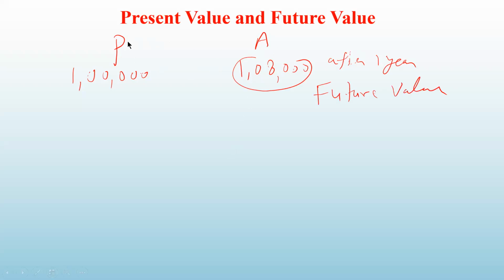See, we are putting the value 1 lakh in the bank today, and we are getting this value in the future. So this is called a future value. And we are keeping this 1 lakh today in the bank, so this will be called the present value. What we were calling the principal amount, we will now call the present value. And what we were calling the accumulated value, we will now call the future value.